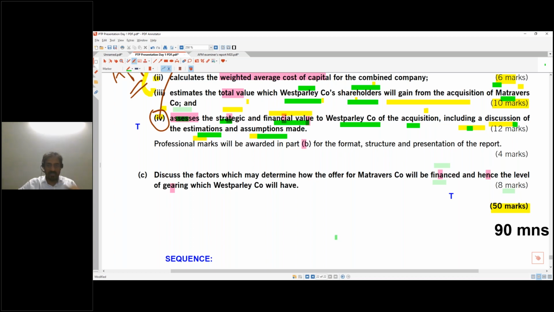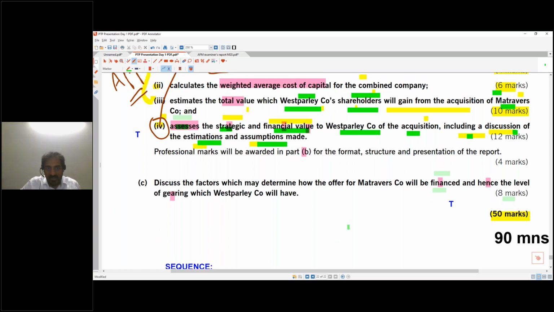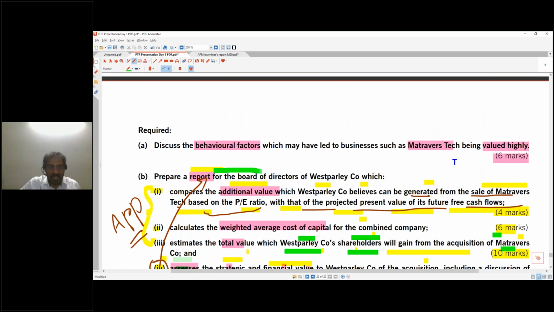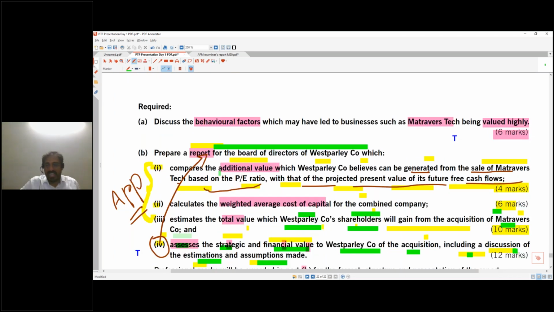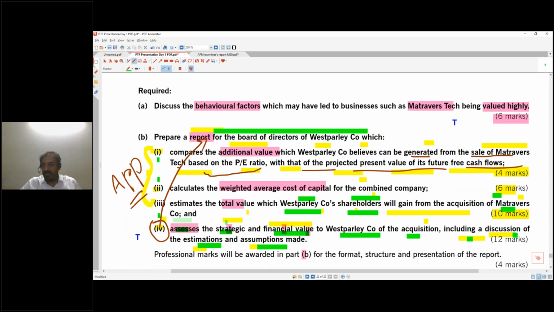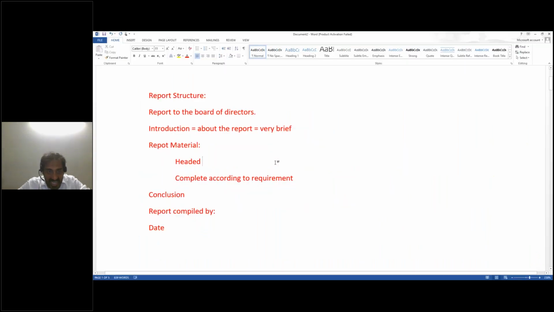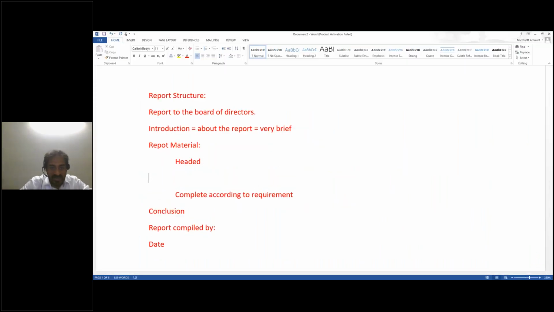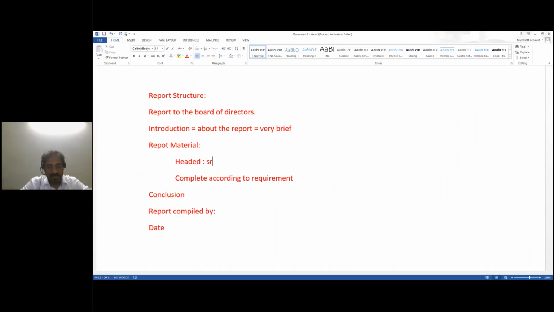The examiner particularly mentioned that you have to make a report to the board of directors, with all these things, 1, 2, 3, and the examiner highlighting that you have to mention the terms strategic and financial values, including estimates and assumptions. So your heading must be worked out with strategy,